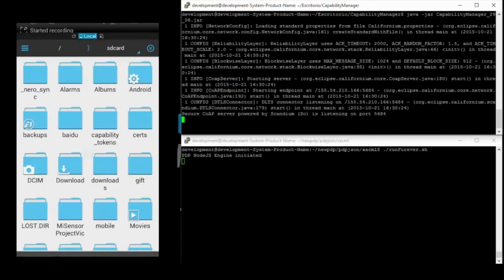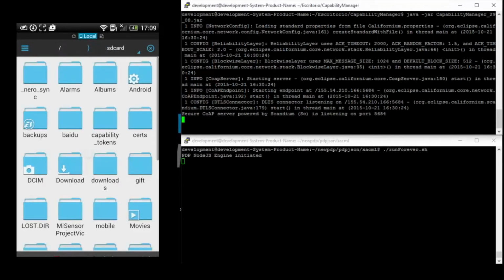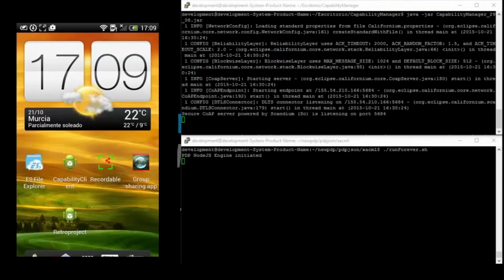Now Bob tries to get access to the location of Alice, and for this end he tries to get a capability token. By default, capability tokens that are obtained will be stored in the capability tokens folder of the client device. So we open the smartphone of Bob, and we see he has no capability tokens in that folder. On the right side, we see the capability manager and the PDP components are running, and now Bob opens the